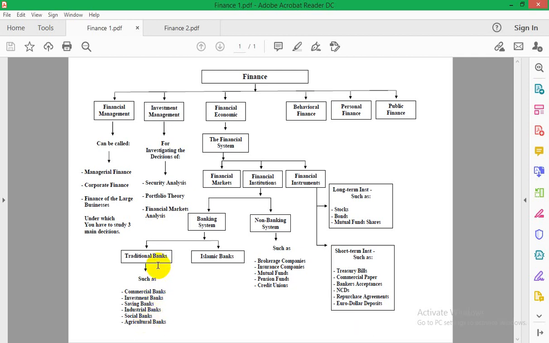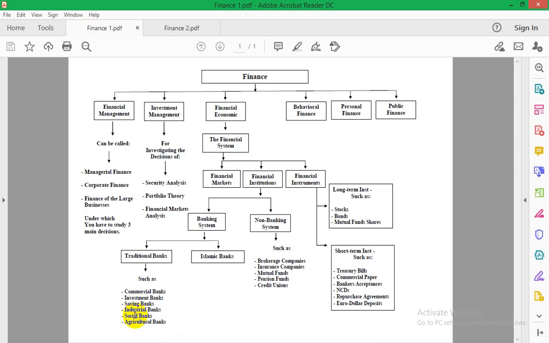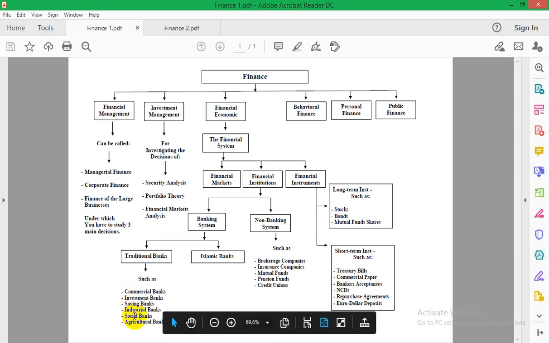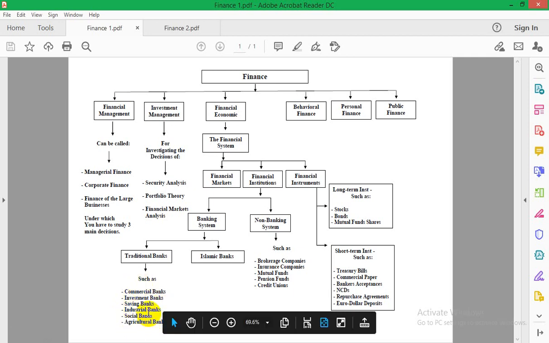So, the banking system in any country consists of the commercial banks, the investment ones, saving ones, industrial, social, and agricultural banks. This is the meaning of the banking system in any country. At the same time,